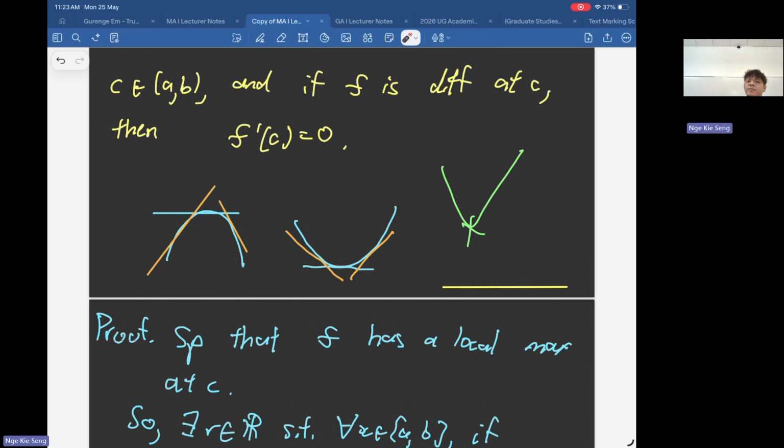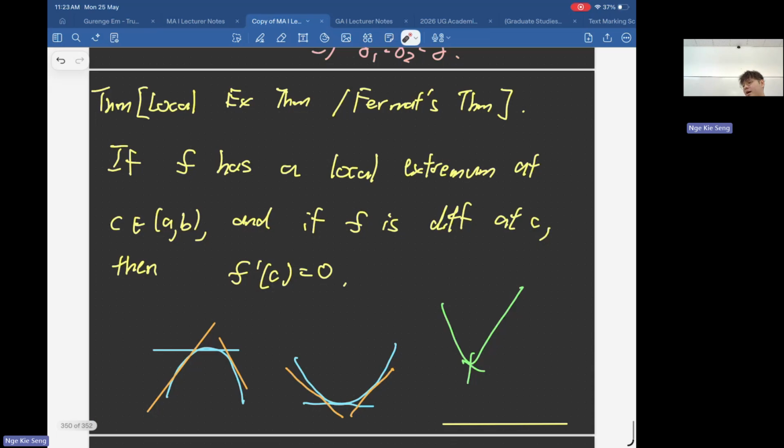Maybe some remark or warning I want to make here. This doesn't work if your local extreme value occurs at a place where it is not differentiable. These are sometimes called singular points. These points you need to check separately, whether they are local extrema or not. And the converse of this is not true. Can you think of an example where you have a derivative of 0, but